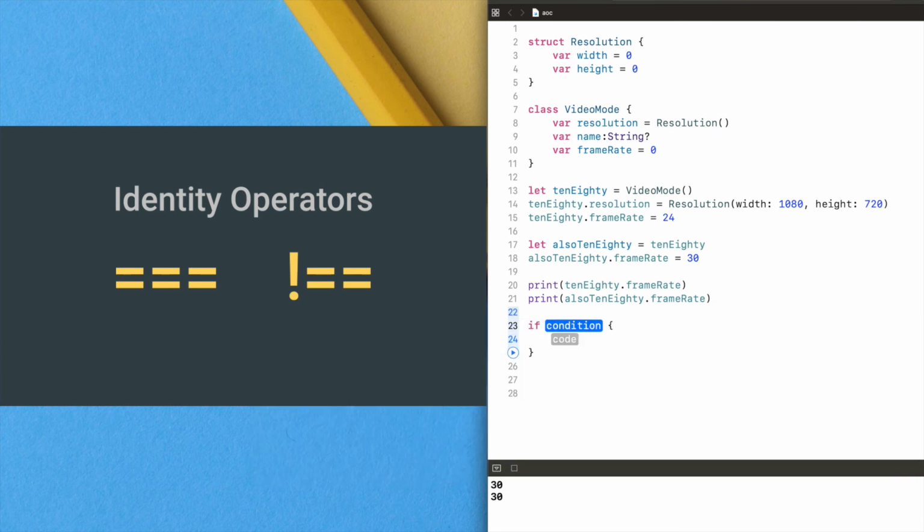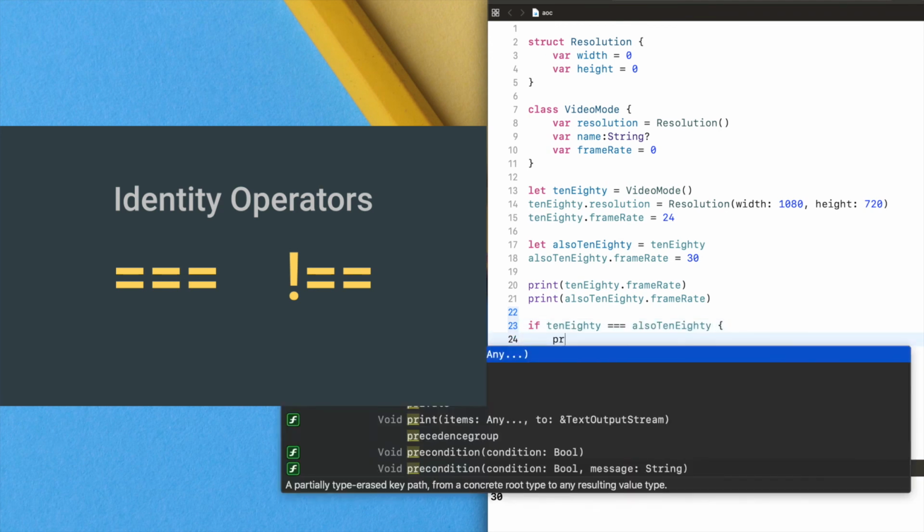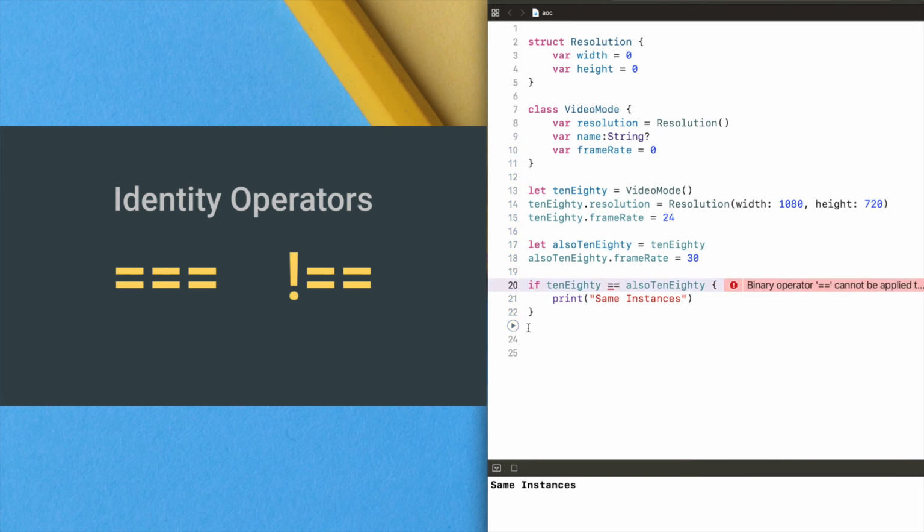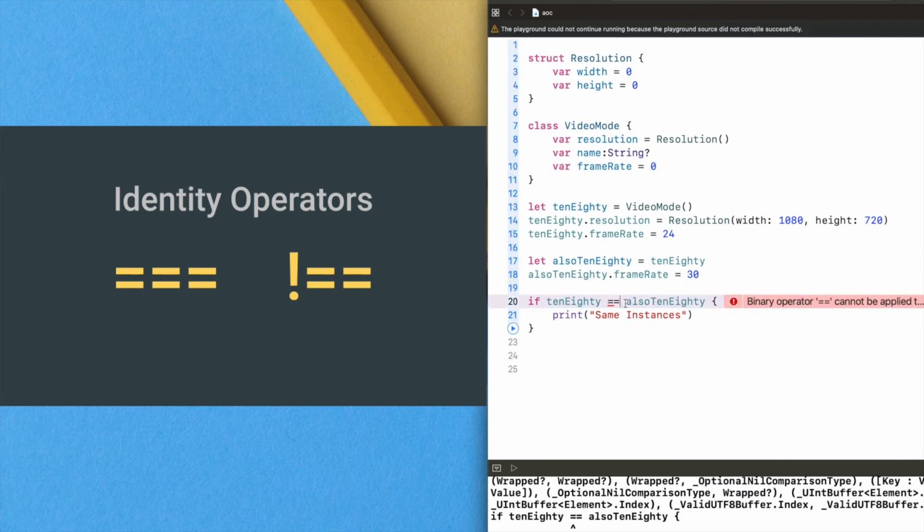So if tenEighty, there need to be three equal signs, is equal to alsoTenEighty, then print same instances. Okay, we can check with this, it will work or not. It's not possible to check with this operator, we need a triple equals. This means an identity operator.